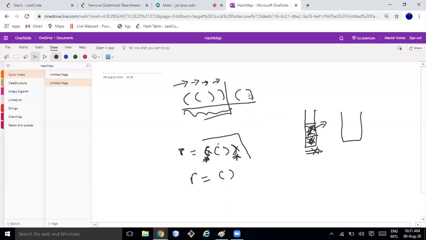Again I will be moving from left to right. I got an opening parenthesis, I'll push it and append it to the result. Again I got a closing parenthesis, I'll pop it out. So again the stack becomes empty. Once the stack becomes empty, you need to remove the last added element and the beginning.